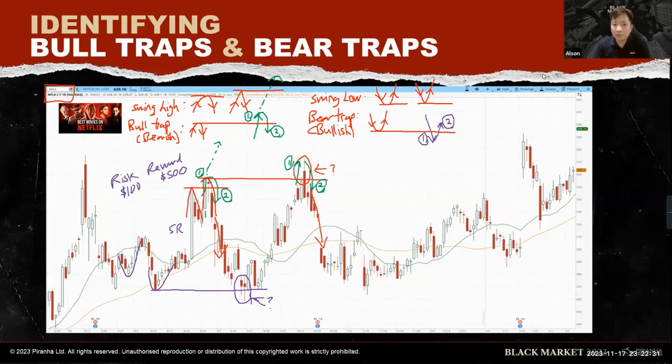Okay, it's a very simple strategy, right? When you open a chart, you look left, you draw all the swing highs and swing lows. Then you look out for a bull and bear trap. Understand? Okay. Some of you call it double bottom. Yes, it's also called a double bottom. But we specifically call it a bear trap.